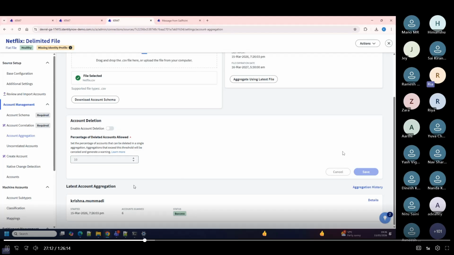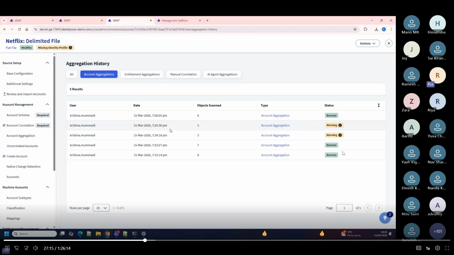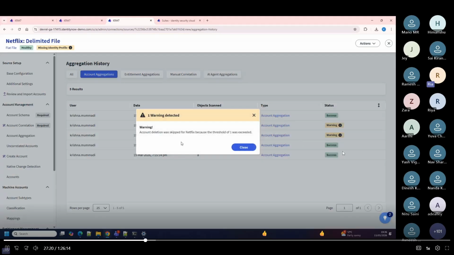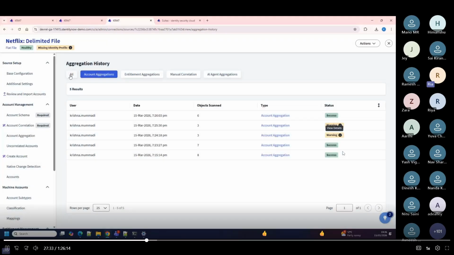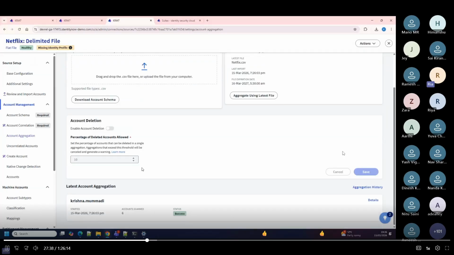But anyway, you got it right. In case your threshold is reached, it will not delete any accounts at all. Okay, it will give a warning. It's not like, hey, I can delete only 10 accounts and after that the threshold is reached, I will stop. Not like that. No deletion. If the threshold is reached, there is no deletion at all. If I say disable account deletion completely, then it will not delete at all. It should not. I have selected this disable, still it is not effective. Maybe there is a cache there. Sometimes we see this. And also,